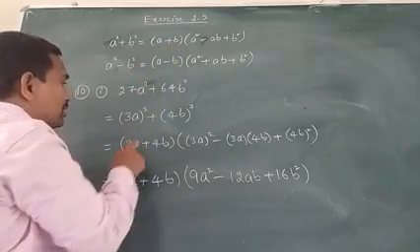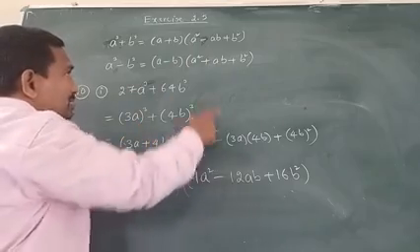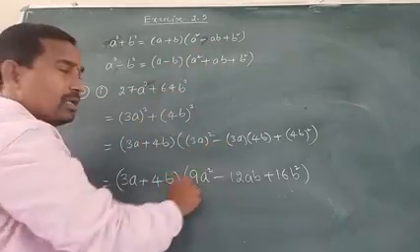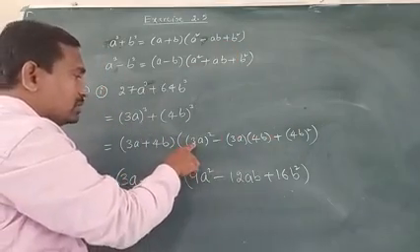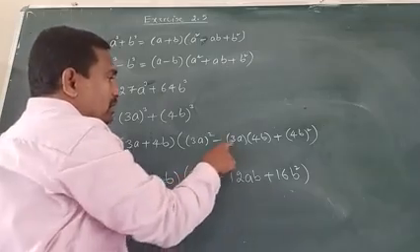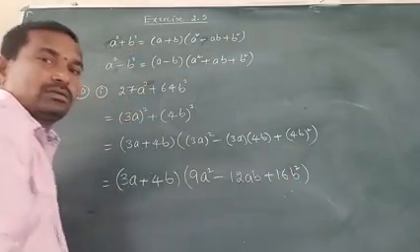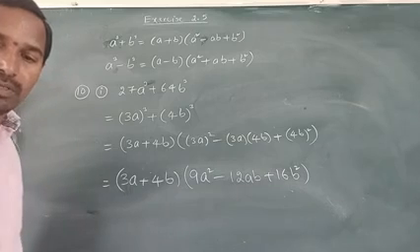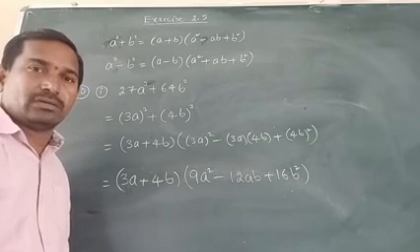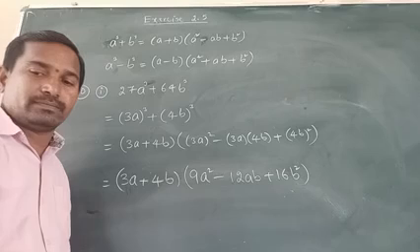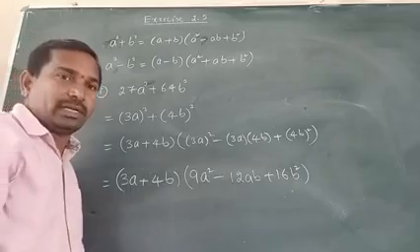That is a plus b, so 3a plus 4b into a square, 3a square, minus ab, 3a into 4b, plus b square, 4b square. That is 3a plus 4b, 3a whole square, 9a square, minus 3 times 4 is 12ab, plus 4 square, 16b square. Okay, so you have to do the second one, 343y cube minus 1000. That you can write as 7y whole cube minus 10 cube. Do that problem. So let us see the next one.